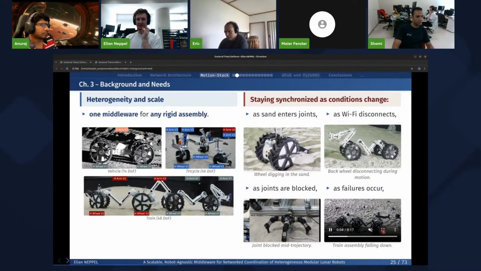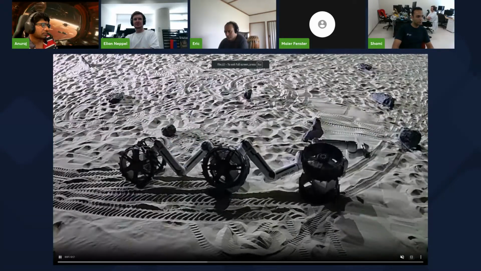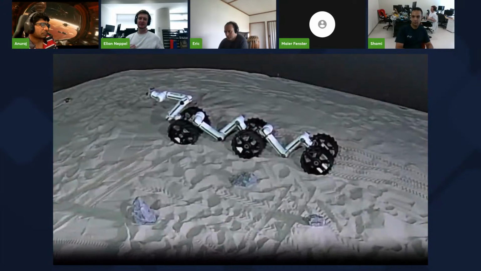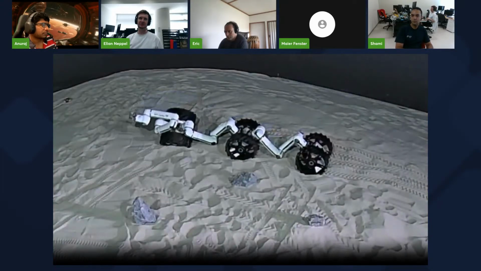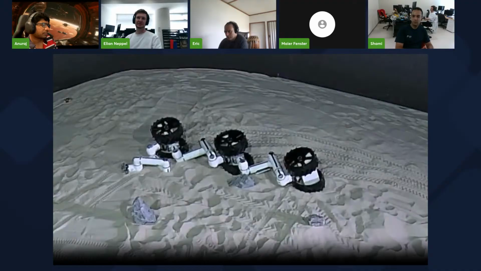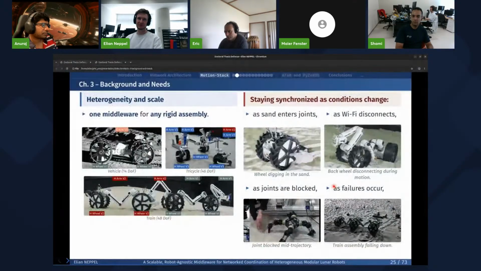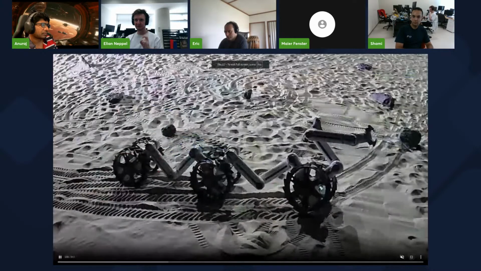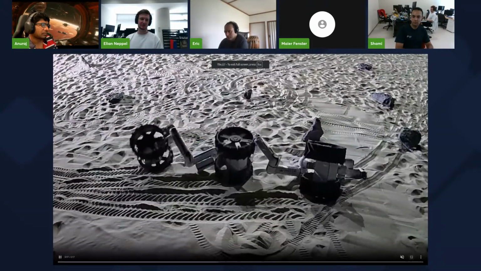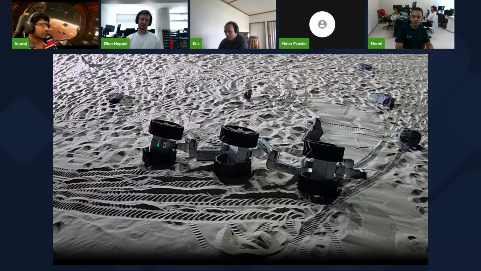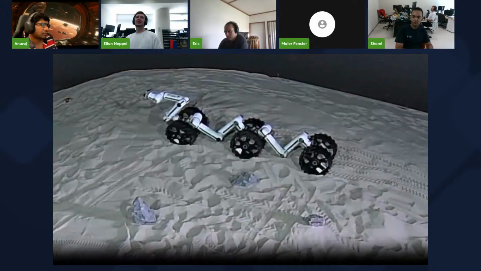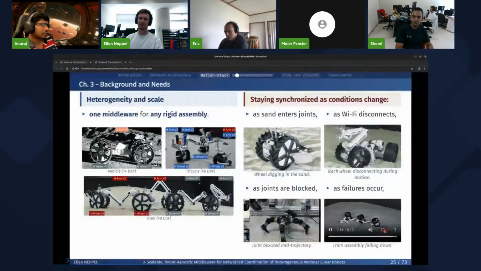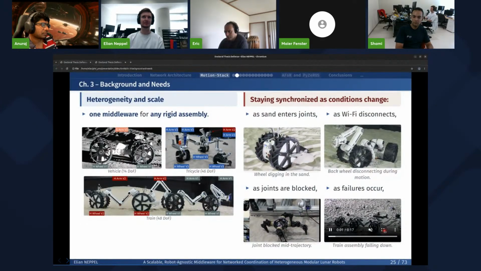And we also can have some major failure that can happen, such as here, the entire robot falling. And when this happens, we want to stay as safe as possible and just stop all of the motors. So in this case, if one of the motors disconnected and had continued to rotate while the robot was down, it would have made the situation even worse than it already was. And so we want to be sure that everything stops if there is any problem, and this is what the motion stack is here to do.